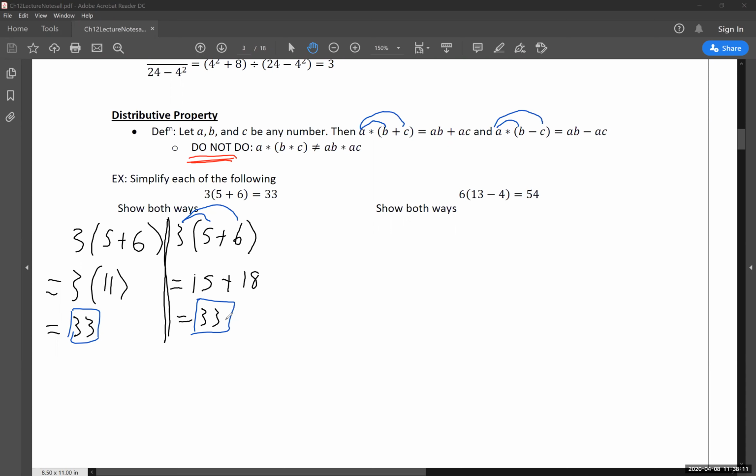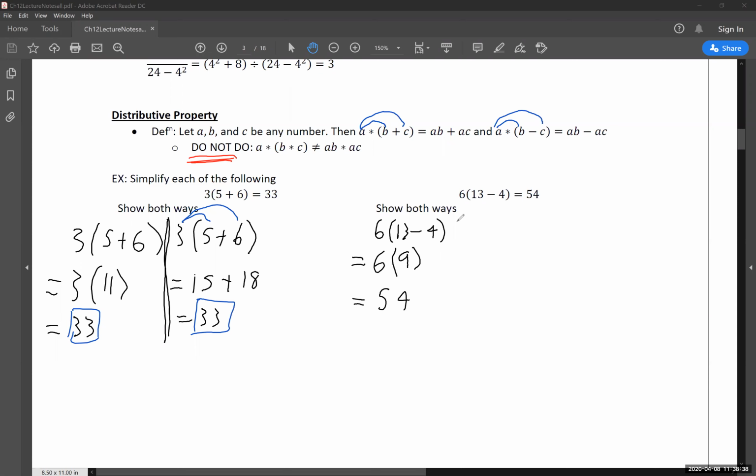And we're going to take a look at this other one for the sake of seeing it written out both ways. So I have, minus 4. So again, following PEMDAS, the one that we did at the beginning, working inside the parentheses. 13 minus 4 is going to give me 9. I have 6 times 9. It's going to give me 54.